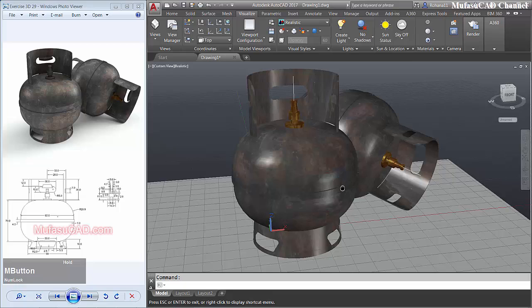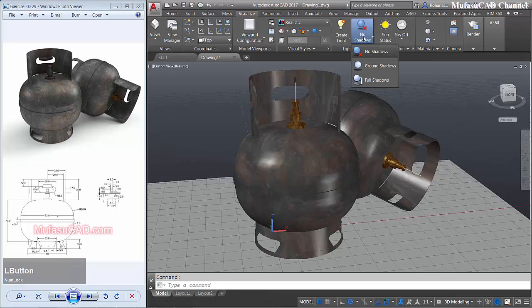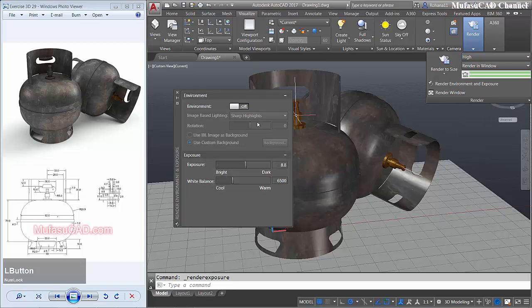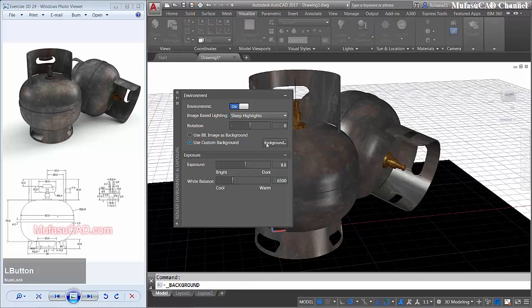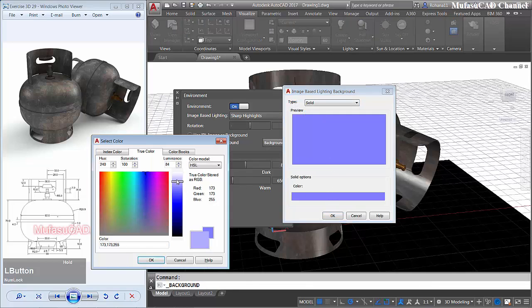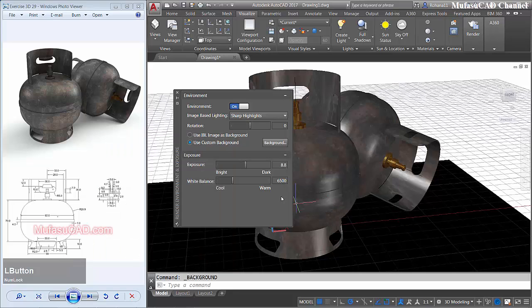Okay, and then activate full shadow. Choose high render. I will activate environment and use a background of solid and change to white color. Okay, and exposure I will set to 9.